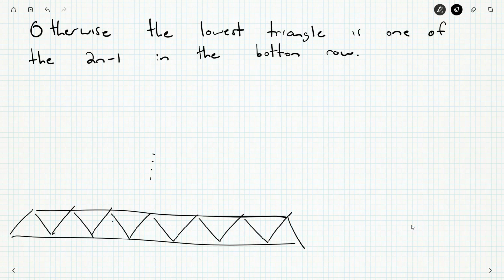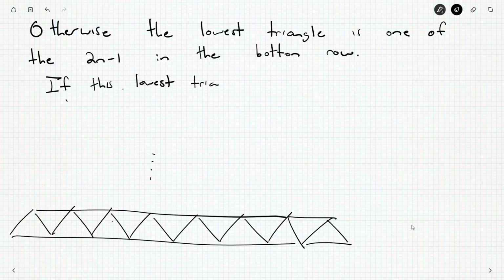Do I have an even number? 2, 4, say, we'll do one more. Okay, there I have an even number. Now, if this lowest triangle is the bottom of a size M triangle,